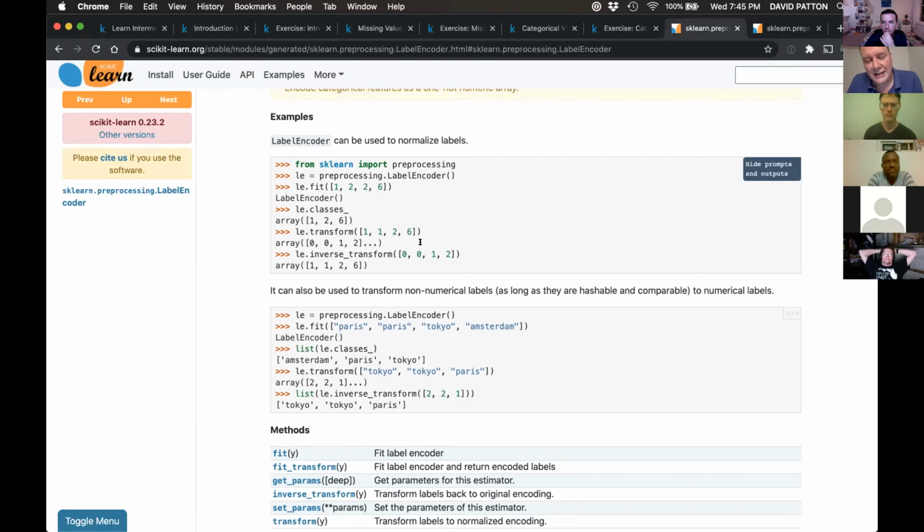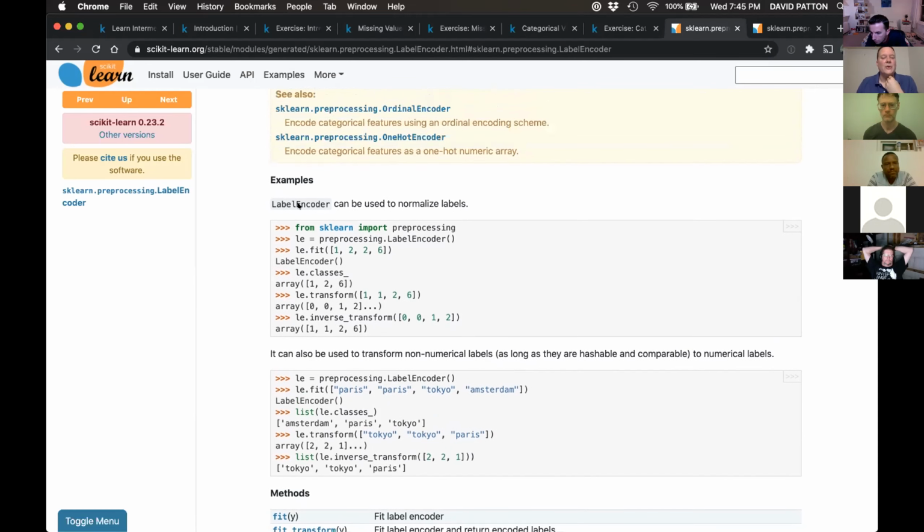What I'm trying to say is, your target in a classification is just the class, right? There's no meaning that it's from 0, 1, 2, 3, or that 2 is bigger than 1. And the reason I'm saying that is the next encoder I'm going to show you does care about order. In their example, they were using the label encoder to introduce order. And label encoder doesn't care about order.